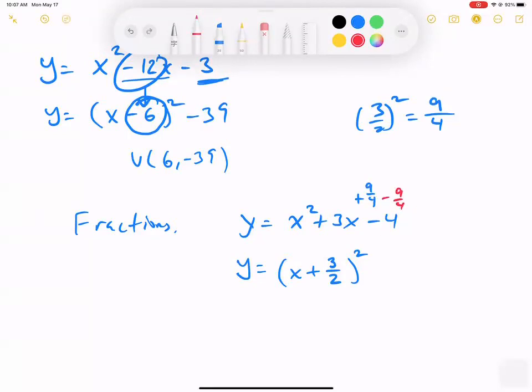Now, this is the part where it gets a little tricky. You guys ready for this? It gets a little tricky, because can I combine a fraction with a whole number? No, they have to have a common denominator, don't they? Remember common denominator when I'm adding fractions? So here is my next trick. I'm going to change